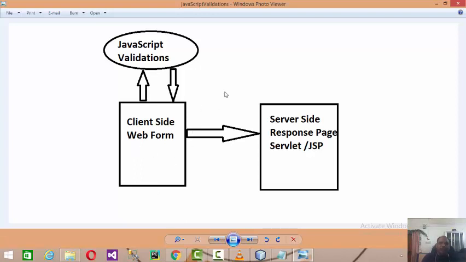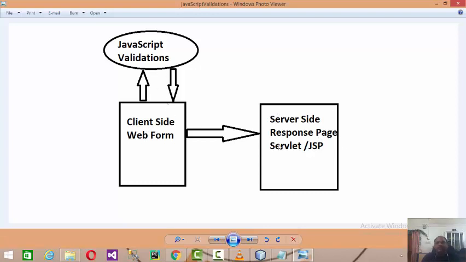We need to embed the JavaScript validation code. By using JavaScript we have to write the functions, and the client-side data which you are supposed to post to the server, first of all you need to pass this to the JavaScript, validate it there and there only at the client side, and only validated data will be posted to the server.